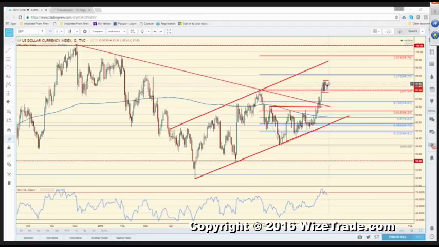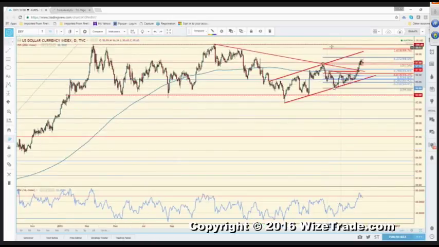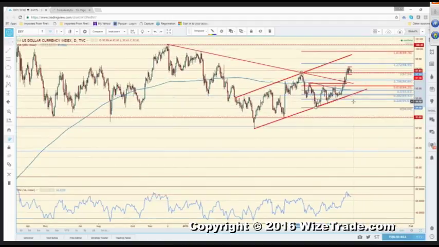Now, I've got some dollar long positions going on right now, and I don't want to be too aggressive up here because I think any move higher is going to be met with a lot of selling as we hit the 127% extension or the channel high, especially up at the range high over here. But I would be pretty nervous if I was short the dollar right now, because it's just not pulling back. There's a lot of people shorting the dollar up here. A lot of non-believers down here. There's even more non-believers up where we're at currently. So you've got to watch this dollar. It could still continue higher.